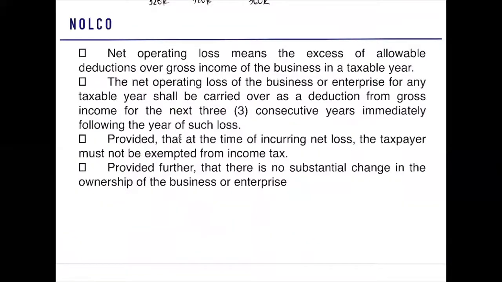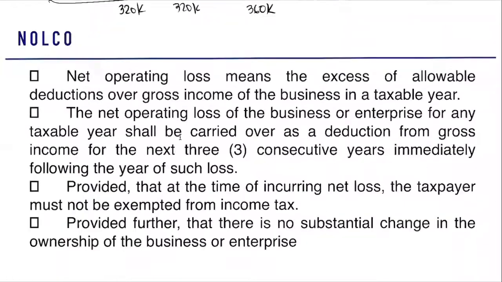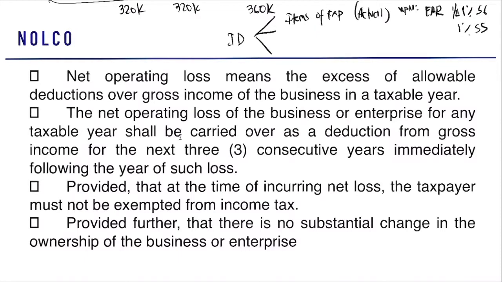Now we go with your another type of deduction. So we have here itemized deductions. We have your different items of expenses. Okay? So this is deducted based on actual amount. What are the exceptions to the rule? We have your EAR, 1/2 of 1% for seller of goods, 1% for seller of services. You also have your interest expense. This is equal to your interest expense less interest income that is subject to arbitrage limit. Another, we have your charitable contributions that is not fully deductible.